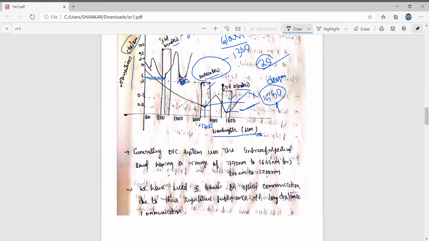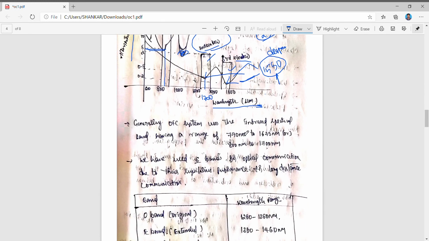Okay, so what is the general wavelength range of an optical fiber communication system? It is in the range of 800 to 1700 nanometers. We can use anything in between this range, but out of all these we have to choose the better range. The general optical communication range is 800 nanometers to 1700 nanometers. Here I am giving the appropriate values, 770 nanometers to 1670 nanometers, but I am rounding the values to 800 nanometers to 1700 nanometers.